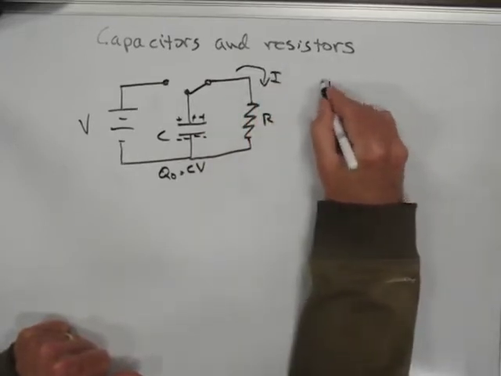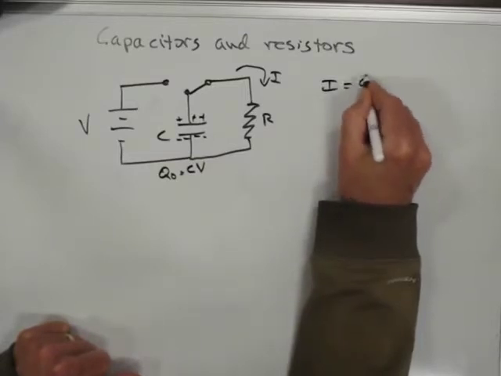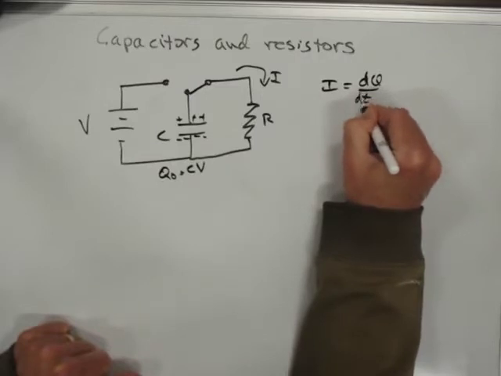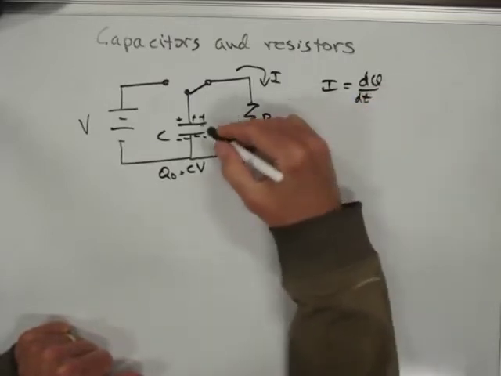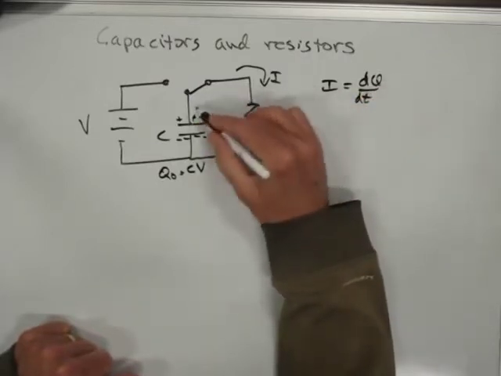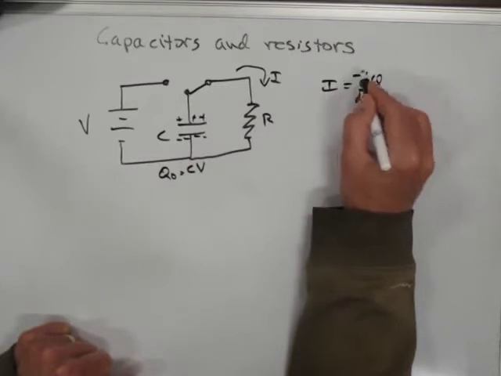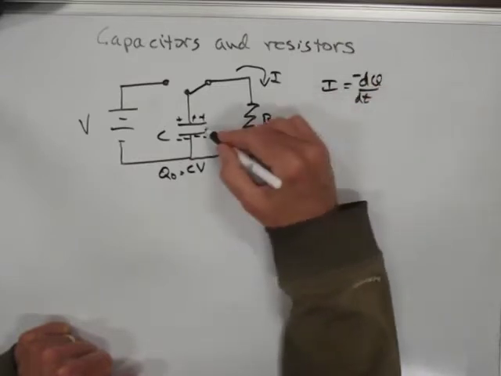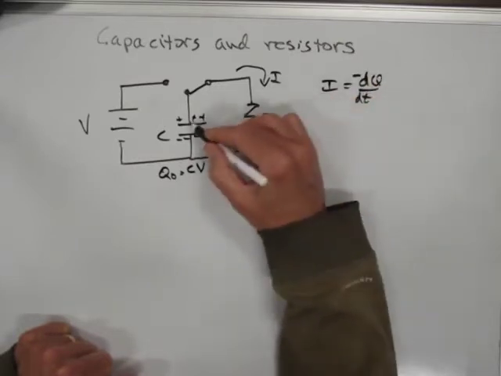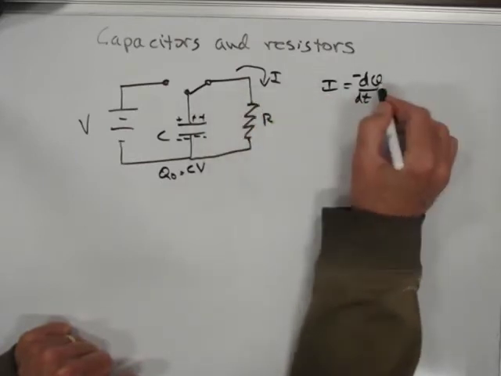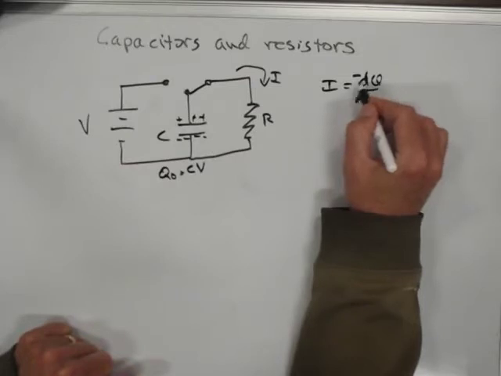And so the current is just equal to dq dt, where Q is the charge on the capacitor. As charge leaves the capacitor, the rate at which it leaves, dq dt, is just the current in my circuit. The only correction I have to make to that is that there's really a minus sign in here, because Q is the charge on the capacitor, and the charge on the capacitor has to be decreasing for there to be current. So when there's a positive current, the charge on the capacitor is decreasing, and so that's what that minus